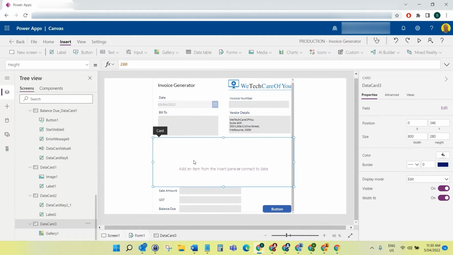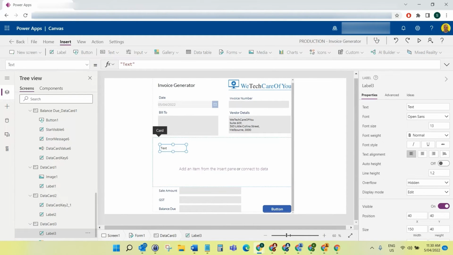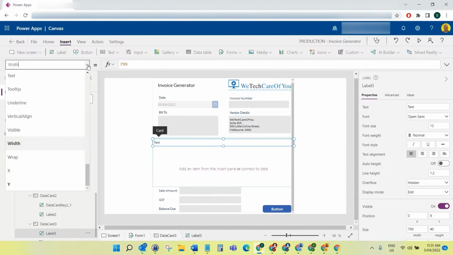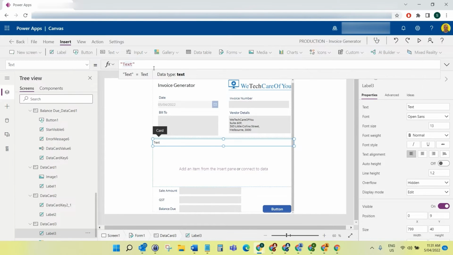Okay, so next, click the data card, click insert, and we want to add a label. So for this label, we want to do the width 799, we want to do the Y value as 9 and the X value as 0. Make sure that width is 799. Okay, and then what we want to do is we just want to change that text to say